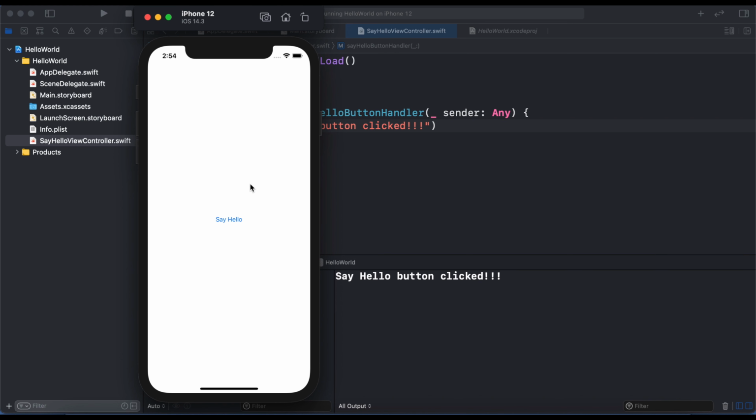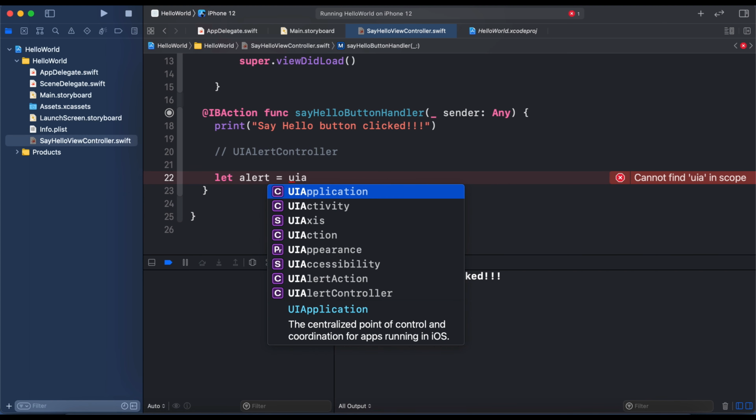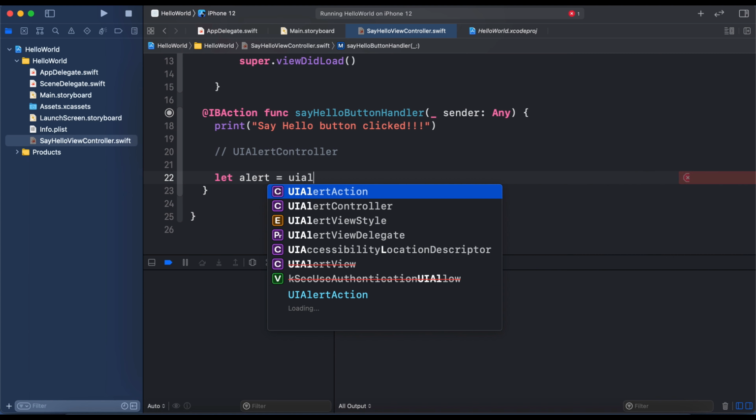So as I said, our aim is to show a simple alert when clicking on this say hello button, right? So let's do that. We have a class called UIAlertController, which you can use to show a simple alert in your application. So I'm going to say let alert equal to, I'm going to create an object for this UIAlertController class,